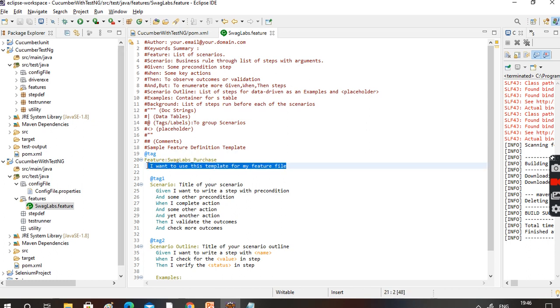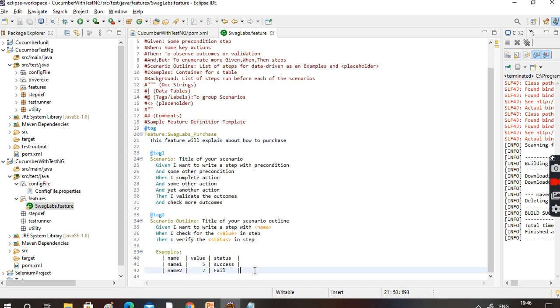Tell about this feature. This feature will explain how to purchase. Okay, fine, done.